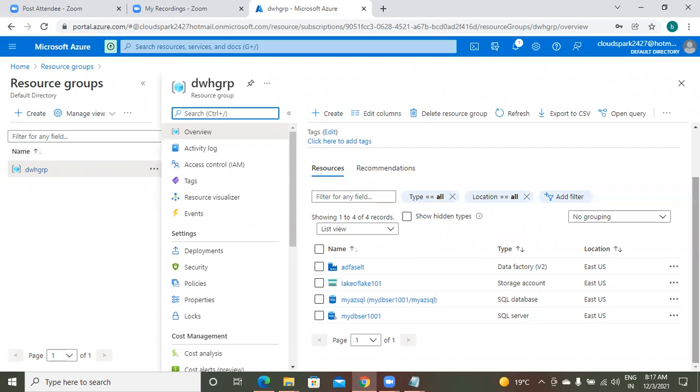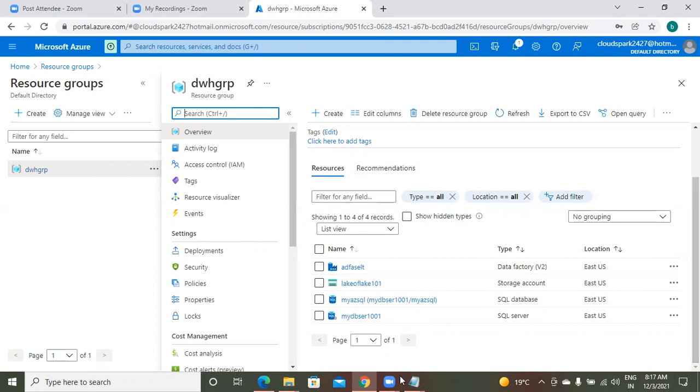But within the Azure SQL, there are 2 components. One is the database, second one is the server. The server is separate, because under one server, multiple databases you can create. Understand? The server is one resource here. The database is one resource here. On the same server, you can create other different databases. That's why it is showing you 4 things.